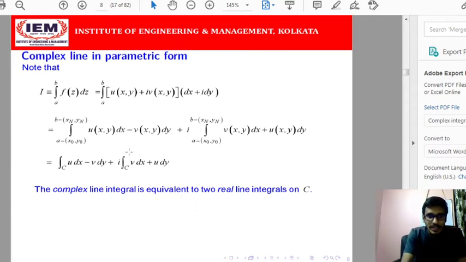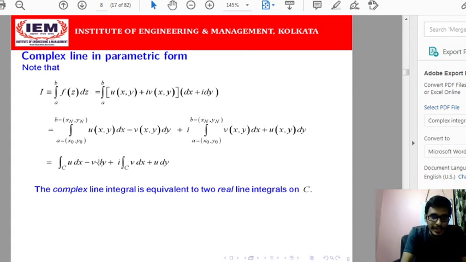We'll discuss this. First, whenever we are discussing the line integration, f(z) dz is our required line integration with respect to the given curve C, whose lower point is A and upper point is B. We know that f(z) is u plus iv, and dz is dx plus i dy, because z is x plus iy. If I multiply this and separate the real and imaginary parts, we get u dx, and i squared, this will be i squared if I multiply these terms, so minus v dy, plus i into the imaginary part, v dx plus u dy.